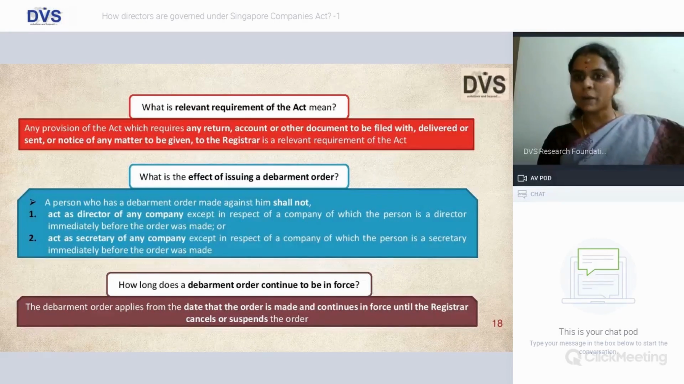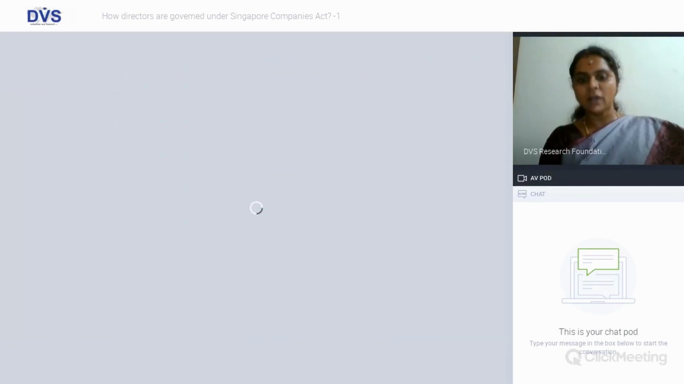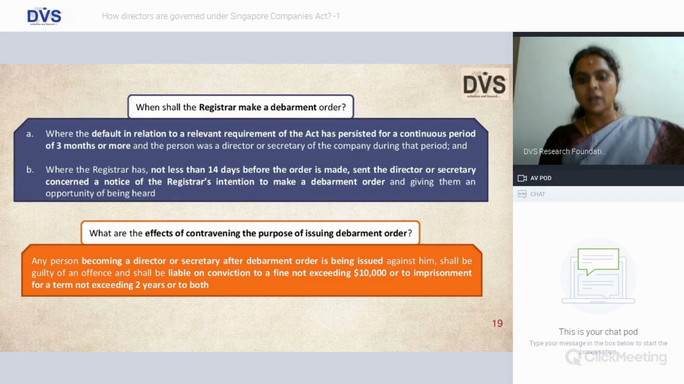How long does this debarment continue to be in force? The debarment applies from the date the order is made and continues until the registrar cancels or suspends the order. Now we will read where the reference is drawn under the provision about the relevant requirements of the Act. Where default in relation to relevant requirement of the Act with regard to filing of returns or document or statement persisted, continued for a period of 3 months or more,